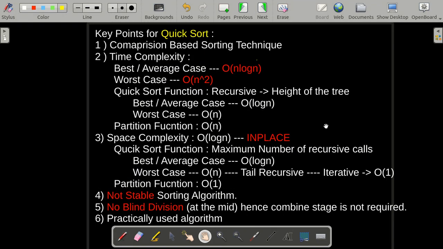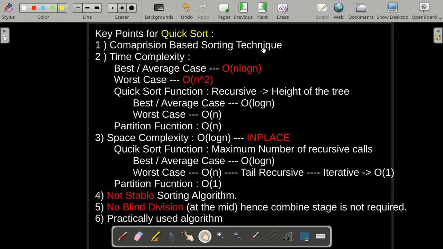Also, in order to improve this worst case time complexity of quicksort, which is of order of n square, we can design our partition algorithm in such a way that the probability of the index coming at the extreme end positions becomes very low.